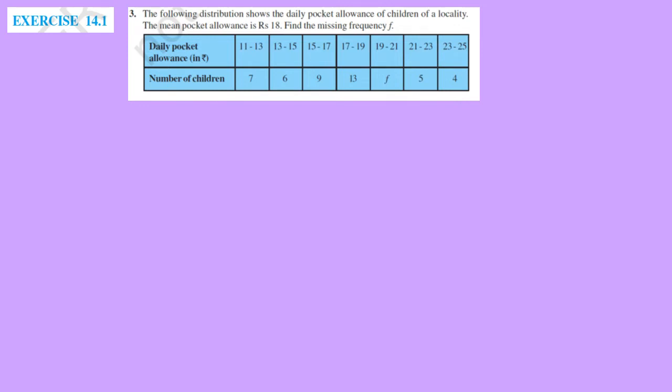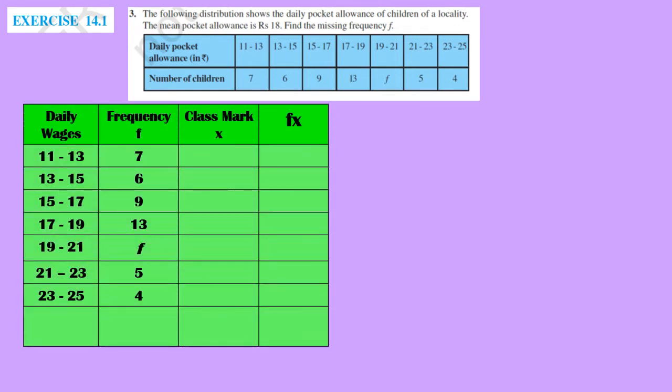So let us first make the table. So class given, frequency given, but one of the frequencies is missing. That's why I put F here. So let us write the rest of the class. We can write the class mark of all the class intervals. Let us write that. So class mark here 11 and 13, so middle one will be 12. Next one 14, 16, 18, 20, 22,